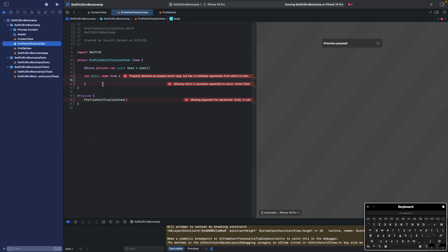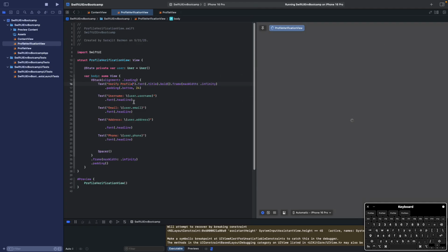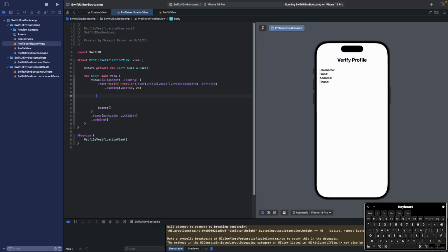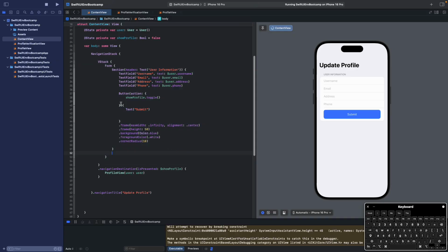See, and profile verification view, and let's paste it. Okay, so verify profile, verify profile. Now, okay, so let's do something like what we created already. So this tag. Okay, so let's